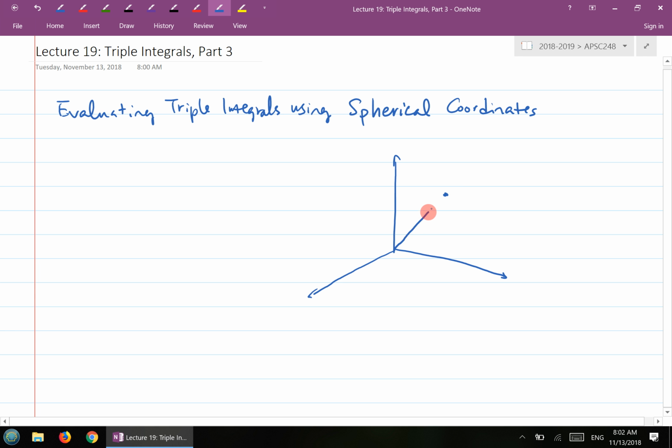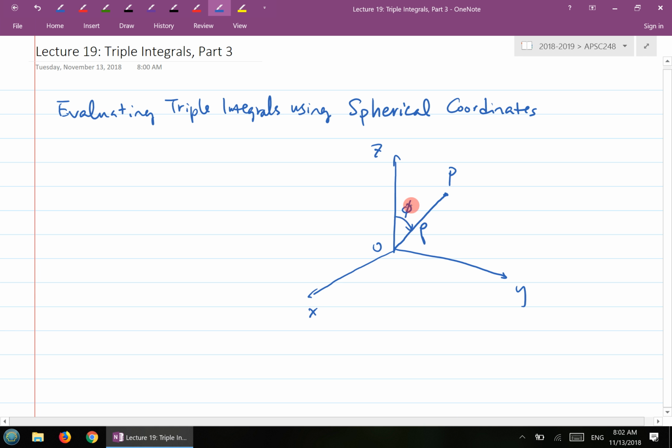you can connect this origin O with the point P, and we will denote the distance OP using the variable rho. So that's the first variable. Basically it's the distance from point P to the origin. And then